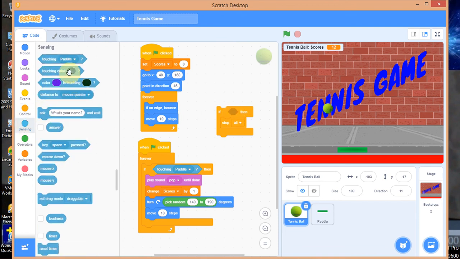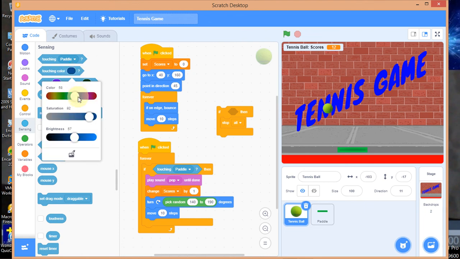If touching color, okay, guys, this color, I don't know, I'm bad at color. I don't know whether this is blue or whatever, I can't tell you about that, but I know that this is red. So now I'm going to click this color. I want to change it to red. Yeah, I remember I made all this extreme, so everything 100%: color 100%, saturation 100%, brightness 100%. That should give me red. So if touching red, I have the color already.